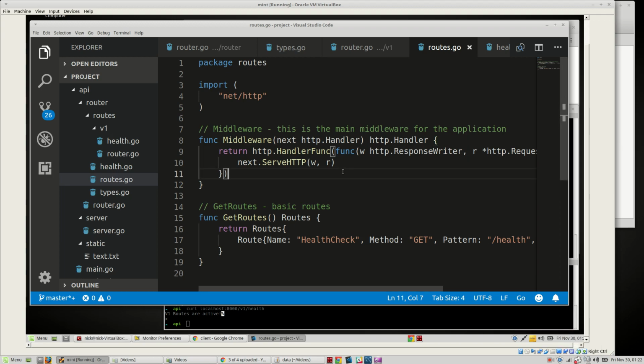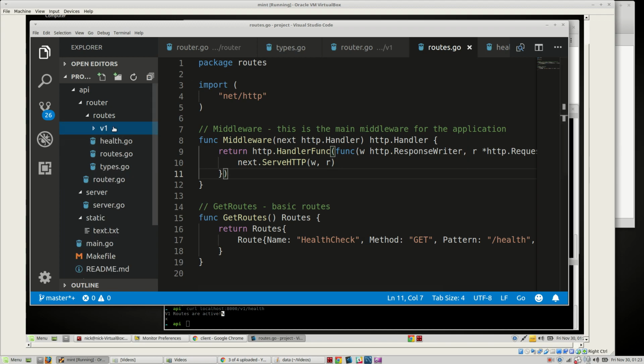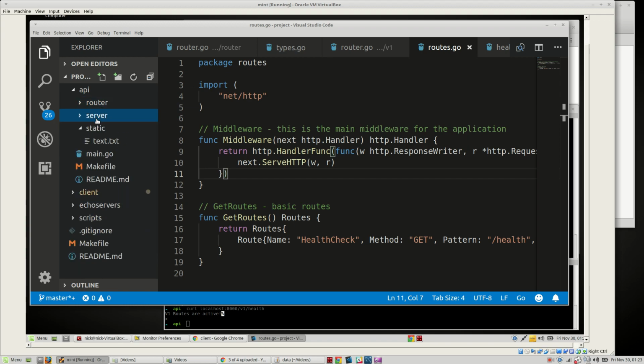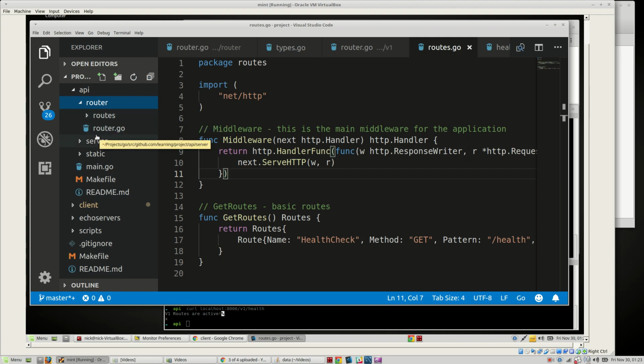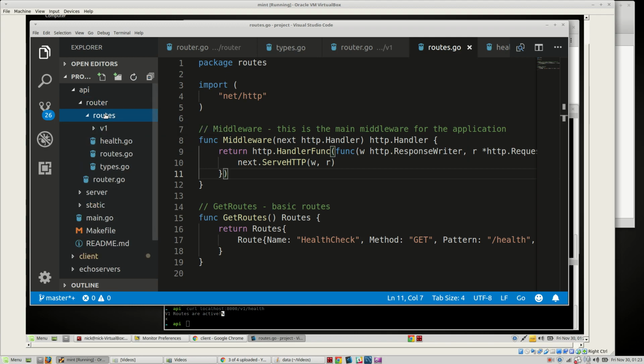Hello everybody. In the last video we created some middleware that we can use for having authenticated routes and not authenticated routes. So in order to test that, we kind of need to have a login and some auth, right? So let's go ahead and do that. The first thing we need is a way to authenticate the user, right? So first thing we probably need to do is have a login